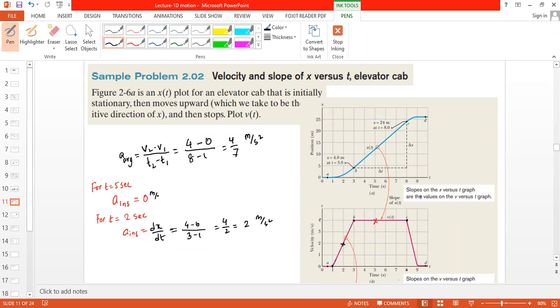So see here, even though the average acceleration of this car is 4/7 meter per second square from 1 second to 8 second. এই ইন্টারভ্যালে এভারেজ এক্সিলারেশন ছিল 4/7 মিটার পার সেকেন্ড স্কয়ার, বাট ইনস্ট্যান্টেনিয়াস এক্সিলারেশন এখানে 0, আবার এখানে হচ্ছে 2 মিটার পার সেকেন্ড স্কয়ার। সো এক জায়গায় এরকম হতে পারে। ওকে, সো